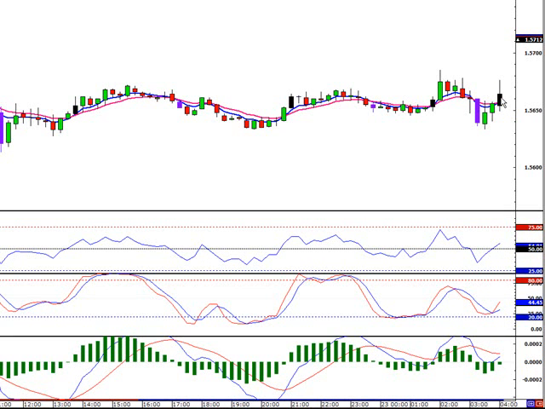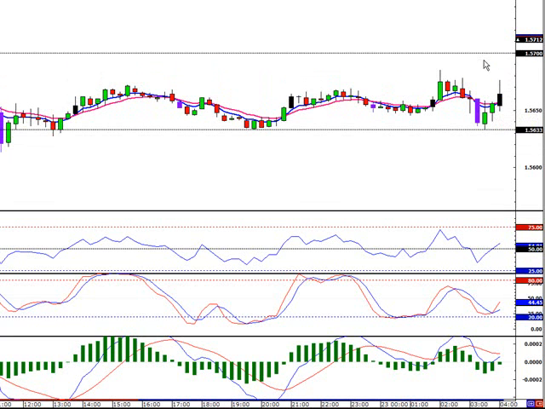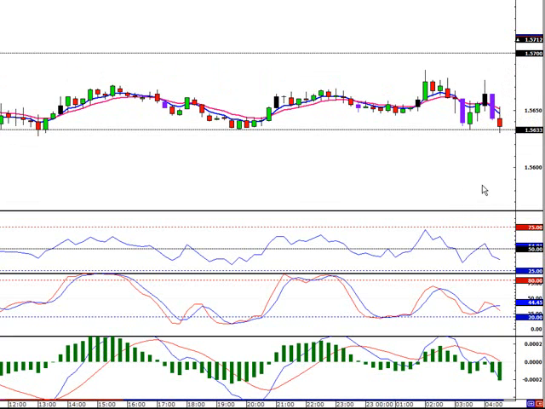So we're going to enter at the close of the candle at 56.64. Stop will be at the most recent swing high, 56.33. And our target will be at the near 0.50 level at 5,700. And again, we're just going to watch and see what happens.